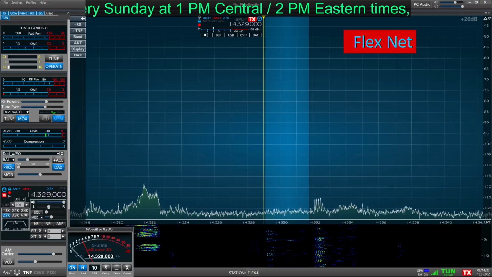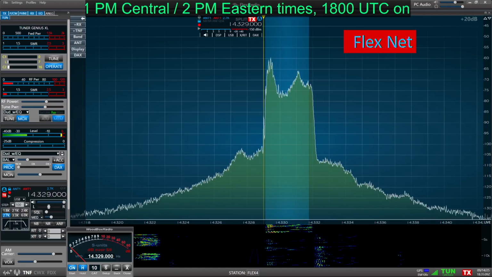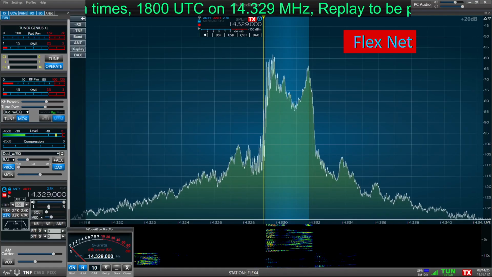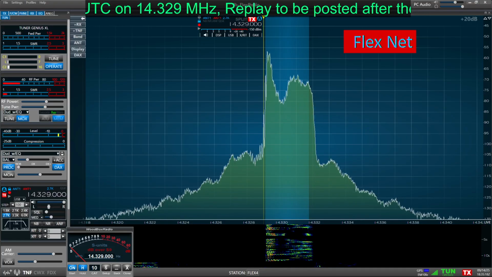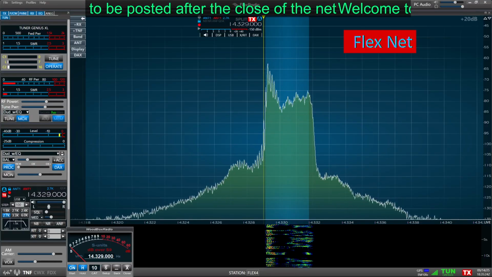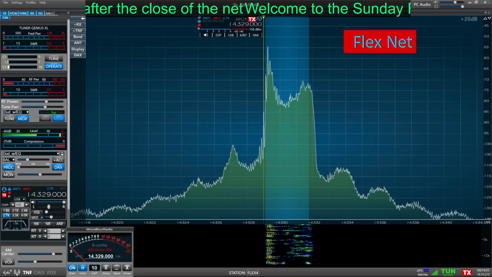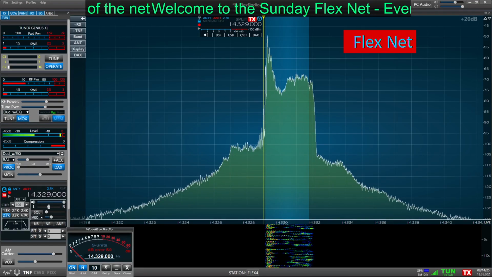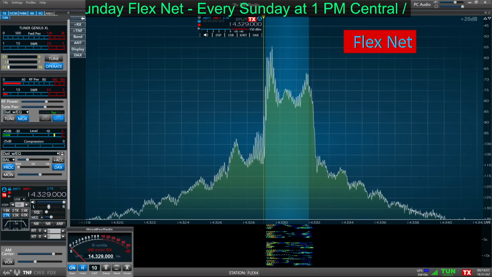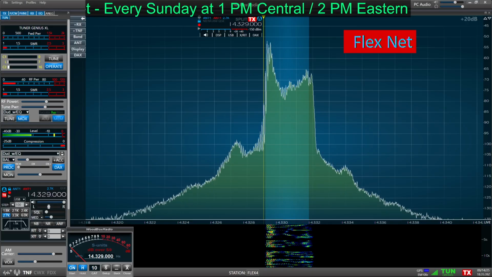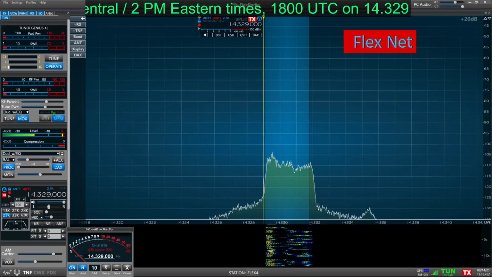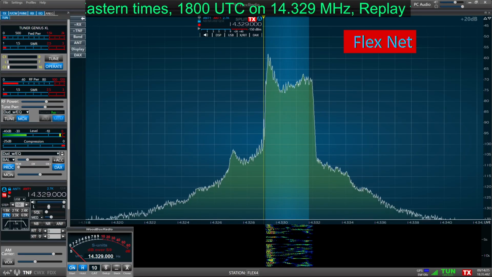K4JPM. Well, I'm deeply sorry for you having to make the change there, and one good way that you can hear this net and even check in is to use CQ200, and if you have not tried that, it'll work with any browser, any computer. You can do it on your iPhone. That's one way to do it. If you can't get access to somebody's radio, you can do it through that, and you can listen to the net there. So check out the CQ200.